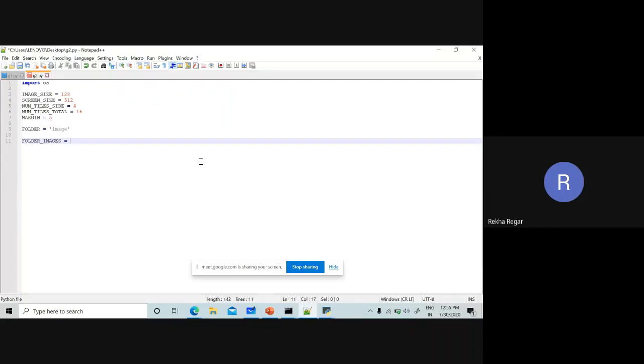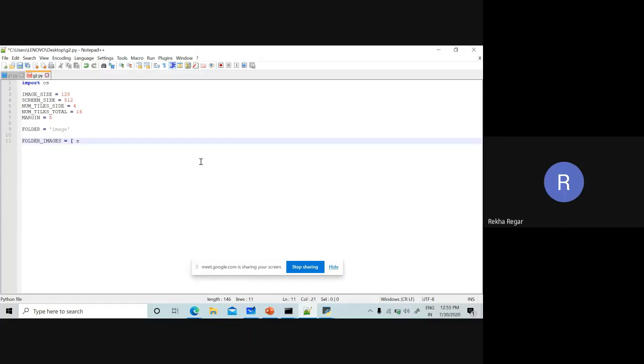For iterating those images, we are going to use list comprehension. In the list comprehension, we are going to get the X, and that X is in the folder, the X in the image.